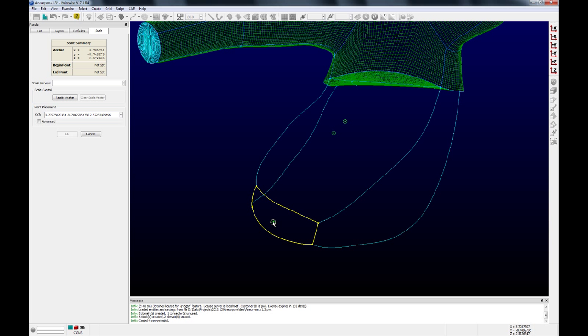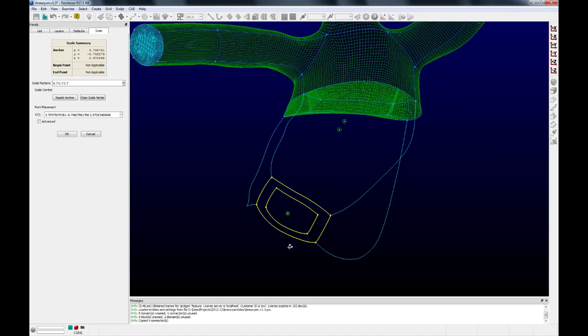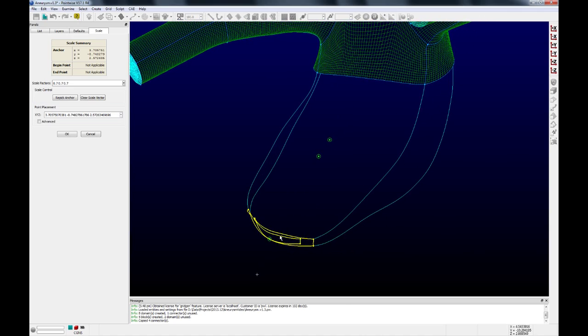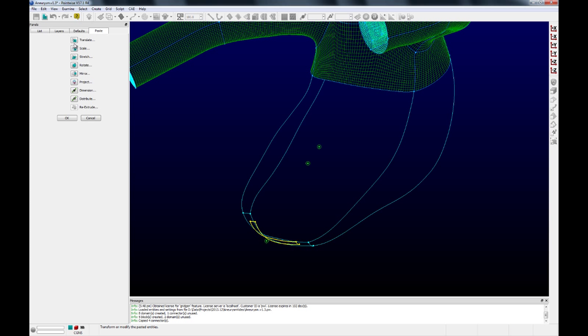So essentially, it's going to scale all of the components that we've selected and are pasting, and this is the origin of that transformation so that everything scales relative to that point. We're going to input a constant scale of 0.7 in the X, Y, and Z directions, and you can see that the preview scales about that central point and has provided us with a nice smaller copy of this initial topology. So we'll accept that, and then before we accept the paste, we're going to apply a second transformation,